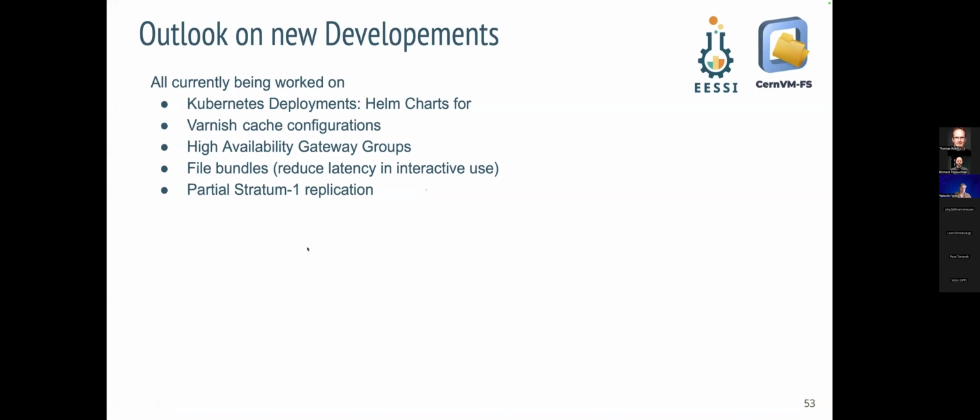I'm going to mention this very quickly, since we've already been talking for a while. Most of the time, all of these server commands still require either overlay FS or systemd, which makes it a bit awkward to use with containers. We've slowly been trying to get rid of this and already use containerized deployments for testing. In the future, I think we'll also have Helm charts for this type of configuration if you wish to do it. We do have a working Varnish cache configuration already on our CVMFS contrib